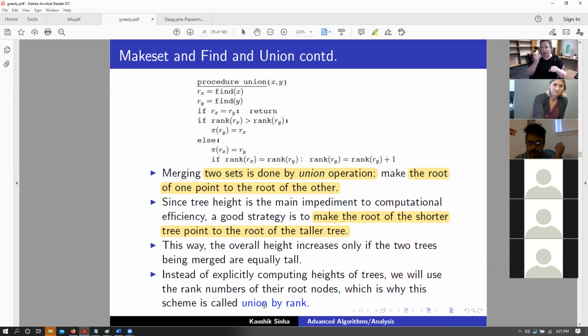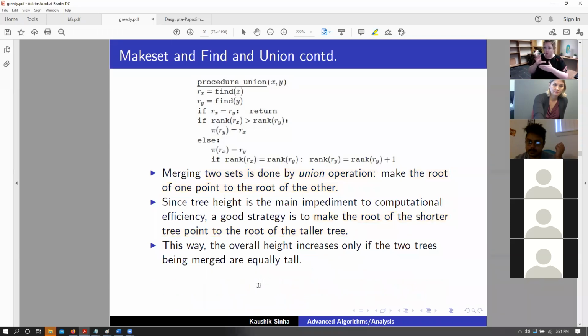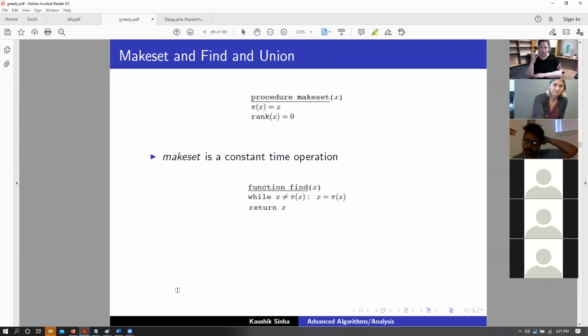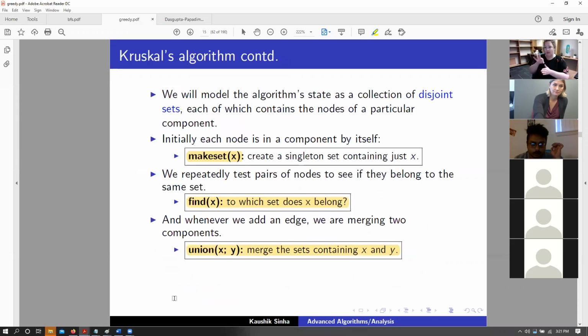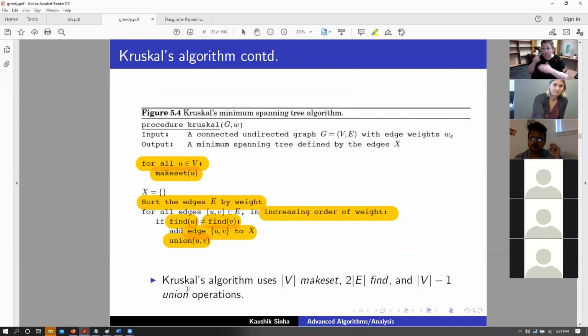I might be getting a little ahead of myself, but when you do find on a node, do you have to search every single set for that? Every single step, are you talking about the algorithm or the tree level? I think I'm talking about when you do the find in the algorithm, do you have to go check every set to find which parent it has?